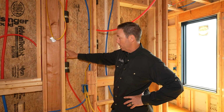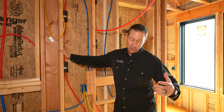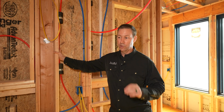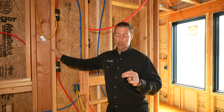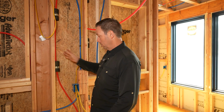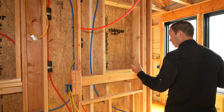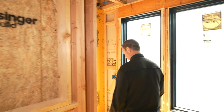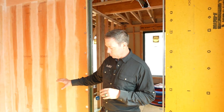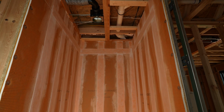So we'll be coming back, and for sure we'll do all the hot lines. It's nice to do the cold water lines as well. That's not a must-have, but I do believe that it's really important to go ahead and do the hot lines. And that's something you could do as a builder. Your homeowners could even do that, is come back and do those if for some reason the plumber doesn't spec it. The other thing I want to mention on this floor is, notice I've got my Schluter pans in place,